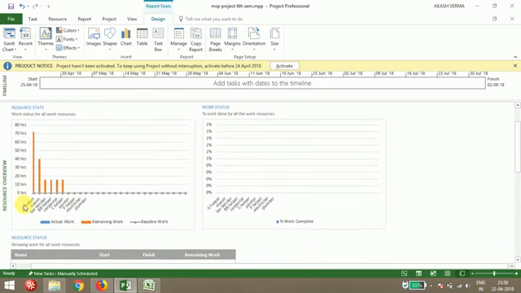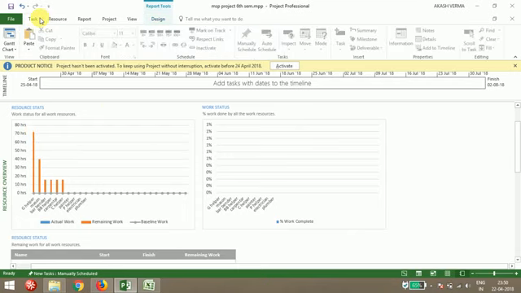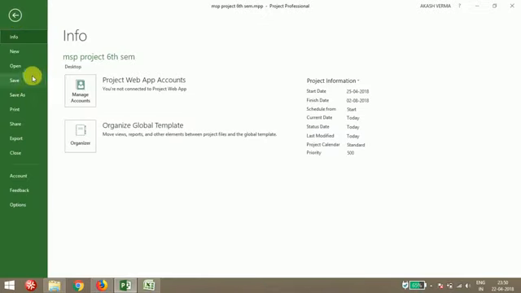You can see the general helper has taken 70 hours till now. If you put in more, you can see more. So basically this was your Microsoft Project. Okay, thank you.